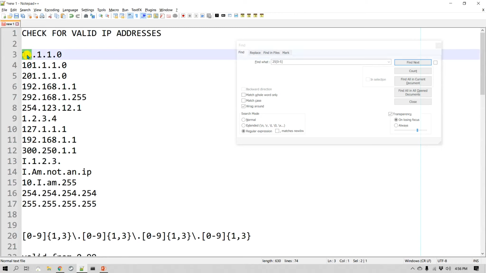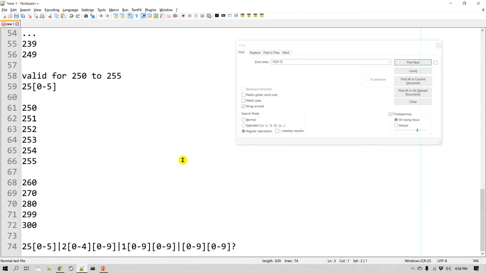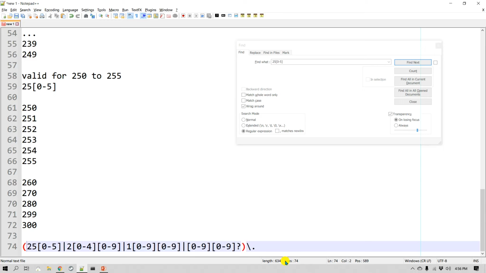Now this is just one of these matches, but we have to match for four of them, and also in the middle there is this dot. So let's take a dot first. Because it's a literal dot, I need to escape that, so I'll do the escape character and dot, right? And I'm going to put this into brackets just to make it easy, and I'm going to select this. Okay, so this is only for the first number followed by dot.